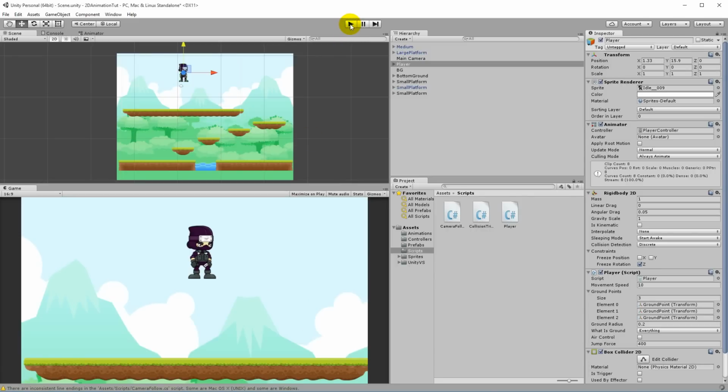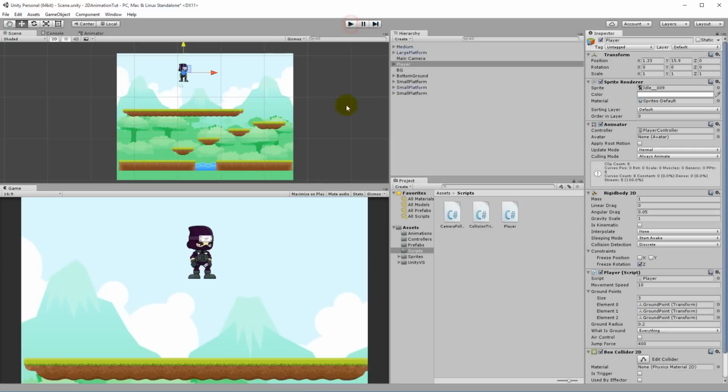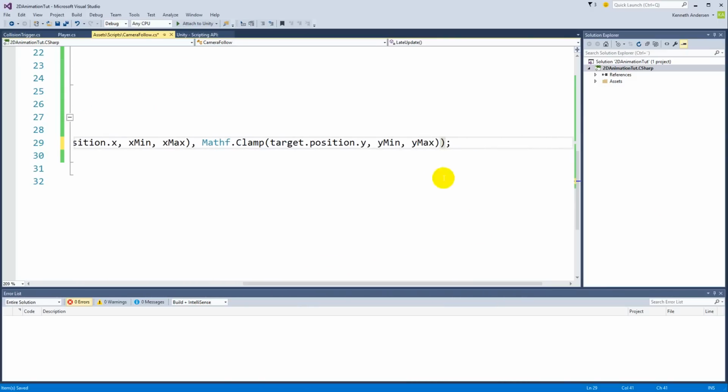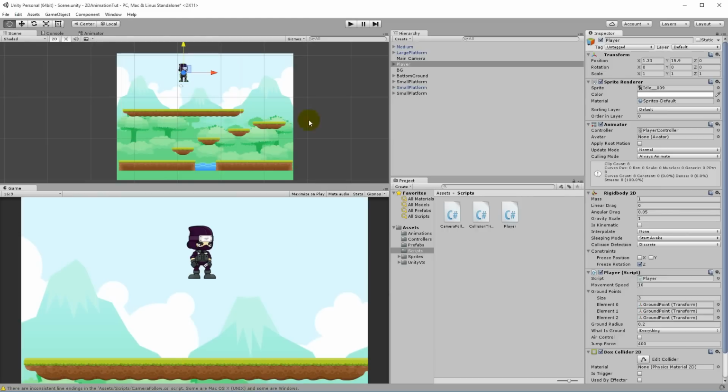I don't know if we need the z value so the camera doesn't move its z value. Yeah. So now you can see we can't see anything because it's a Vector2 and the camera is on top of the player right now. And we don't need that. We need to go here and change it to Vector3, I guess. And then we need to say that the z value here is equal to transform.position.z. So it just keeps its z value no matter what. So let's try to save this and run again.